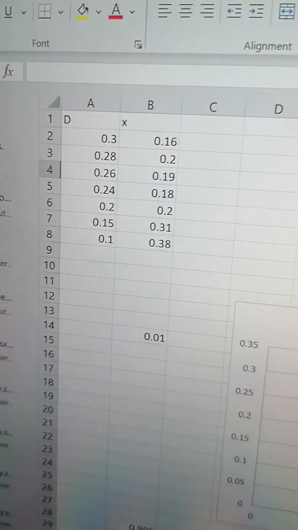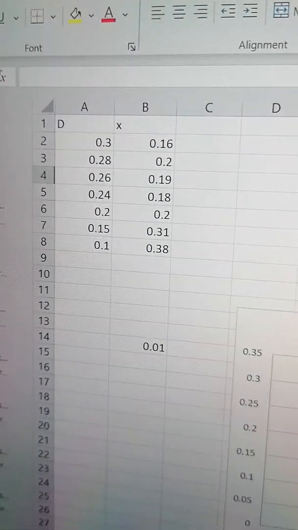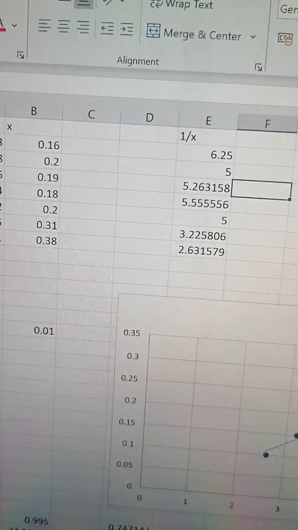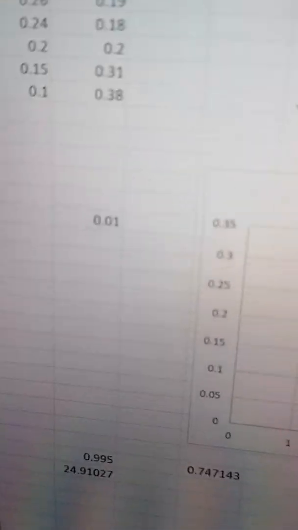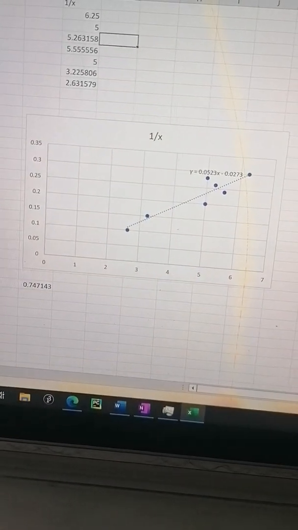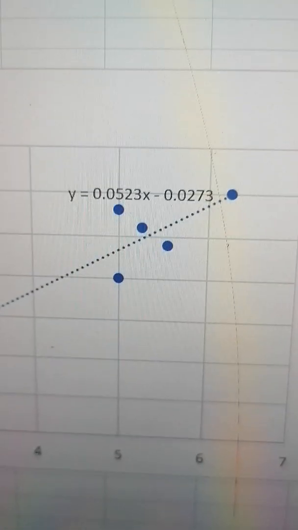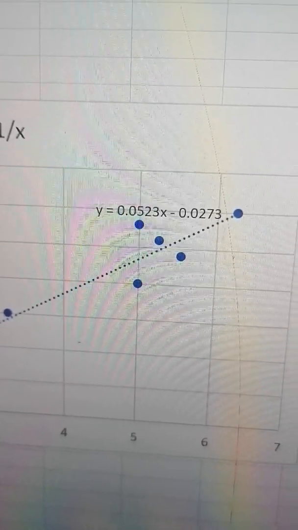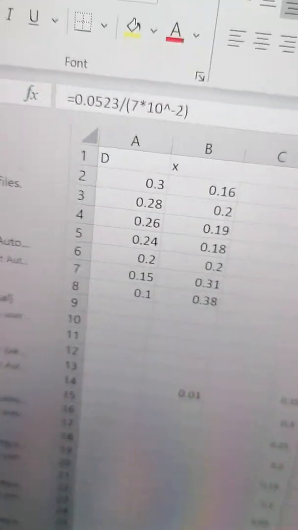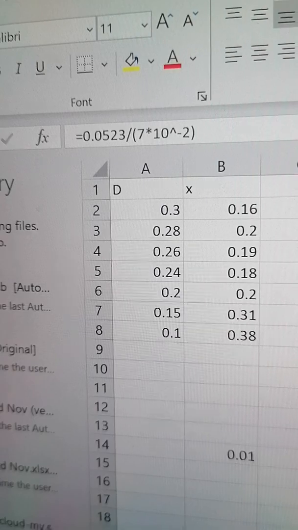So I converted all of my units into SI units and put it into Excel, and I found the reciprocal. And then I plotted a graph right here, which is the same graph you see here. So Excel tells us that dy is equal to 0.0523. So then we can take this value and divide it by d,